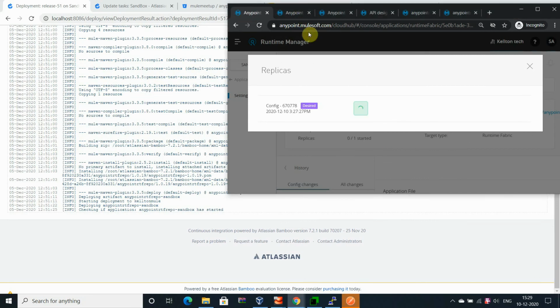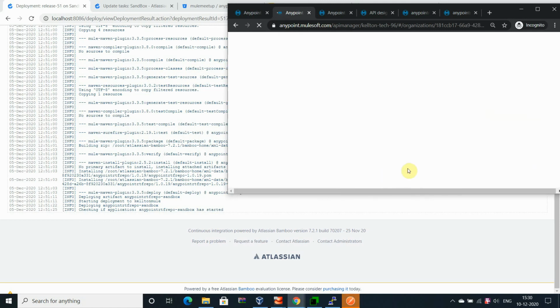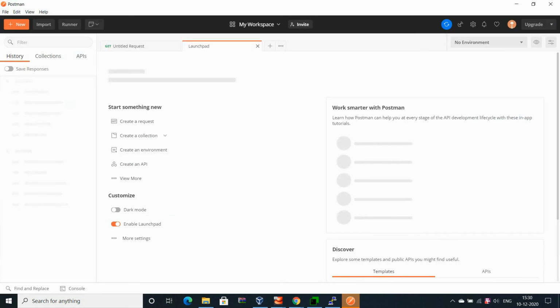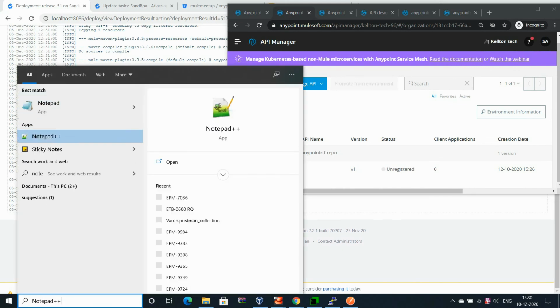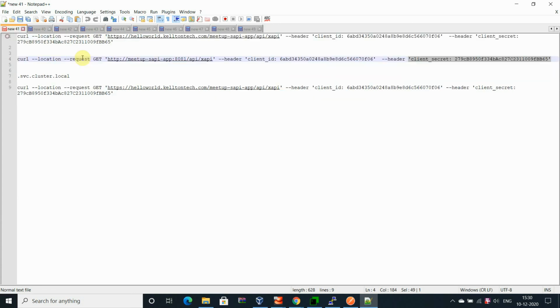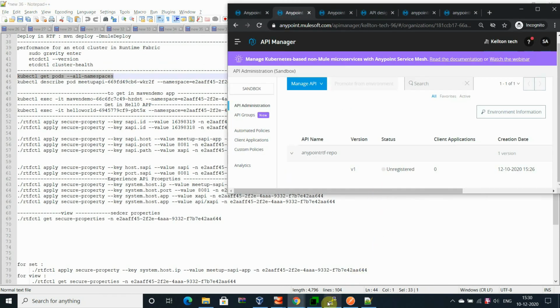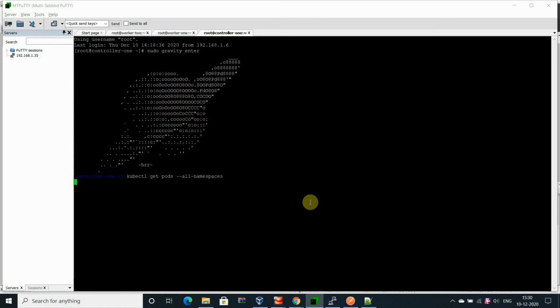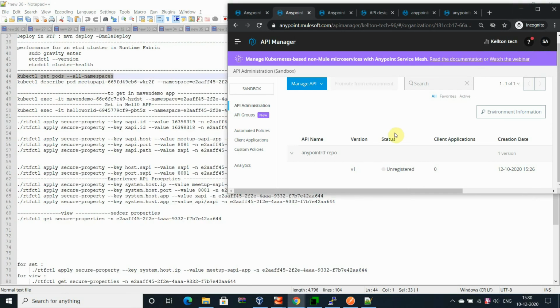You can see that it is still being deployed, so you cannot see the status here. It's still unlisted. Let me open the command here and run it to check the status.